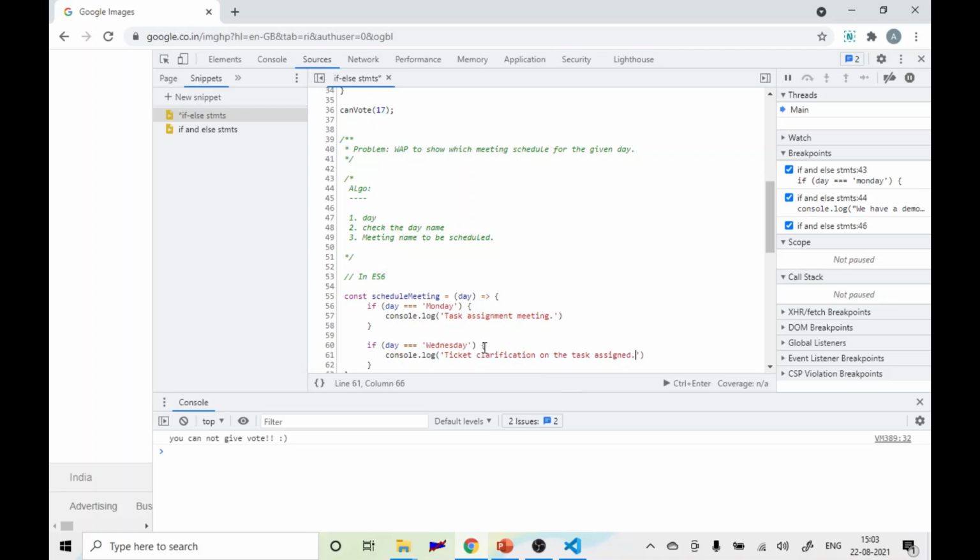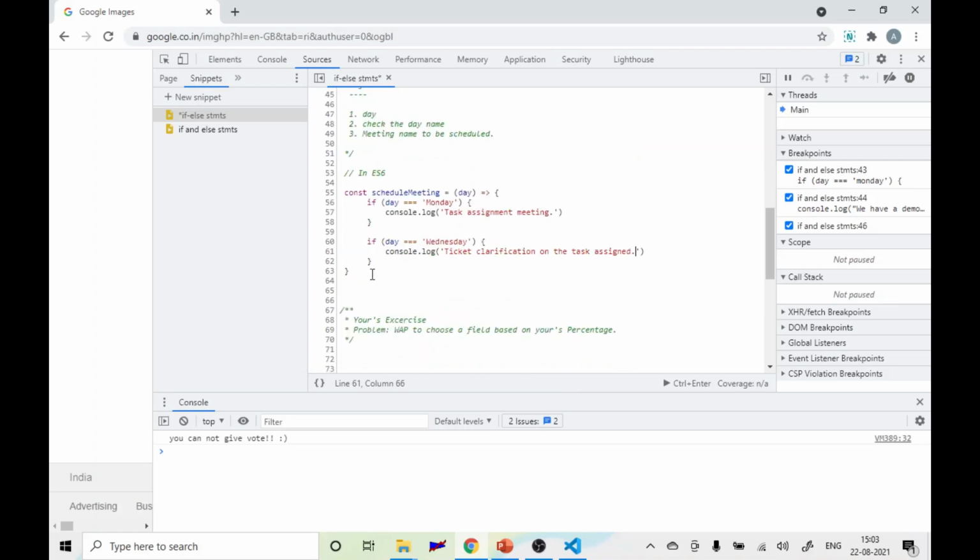Okay, so ticket clarification on the task assigned means for the task you have assigned to the different programmers, what is the state of those tickets. So on Wednesday I have scheduled this meeting, and day is equal to, let's say, Thursday